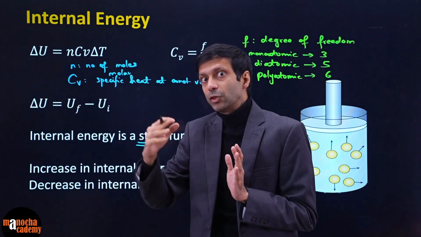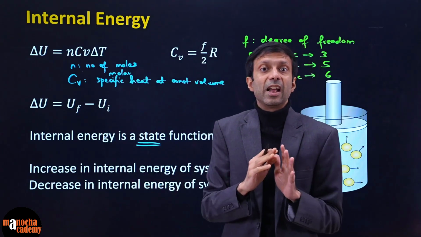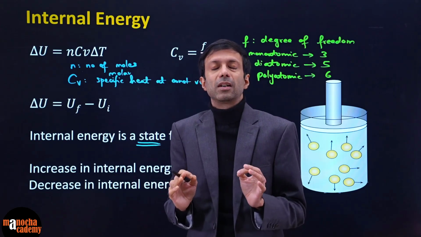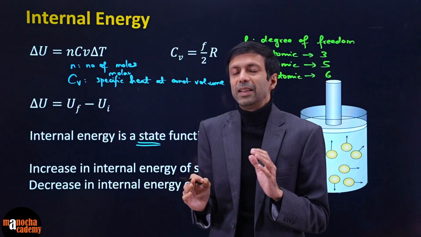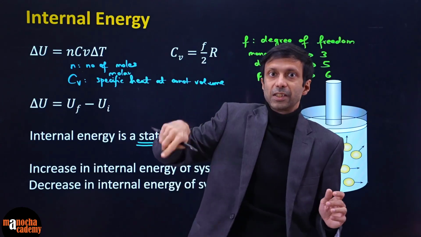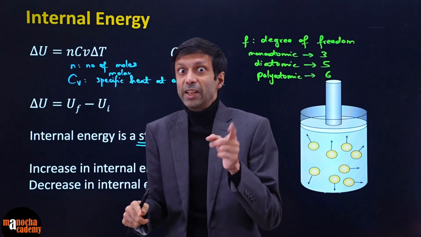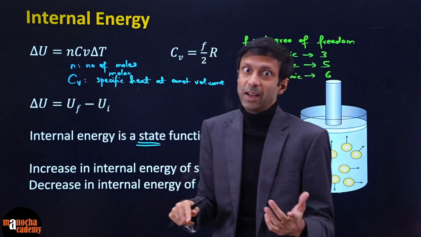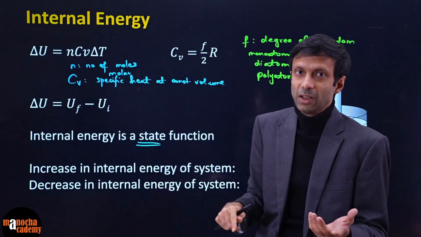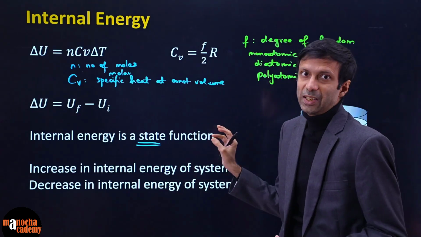And this is a big difference from work and heat, like we discussed in the last class. They depend on the paths taken. They are not independent of it. You cannot just simply say, like we discussed, that if you come back in a cyclic process, work done is 0. Wrong, right? Change in internal energy is 0. You have come back to the same state, but still work could be done. Still heat could be gained or lost. So heat and work are not state functions. Internal energy is a state function.